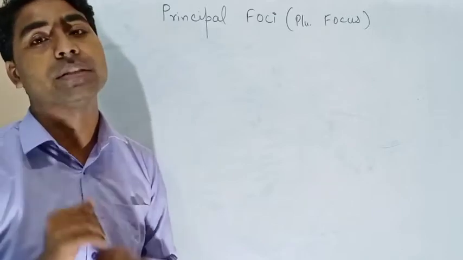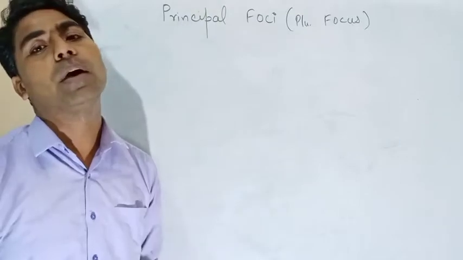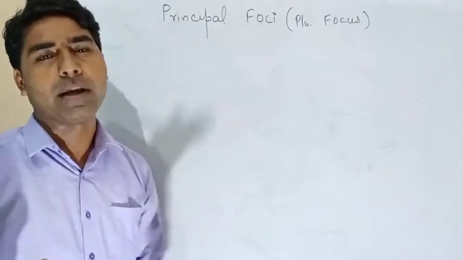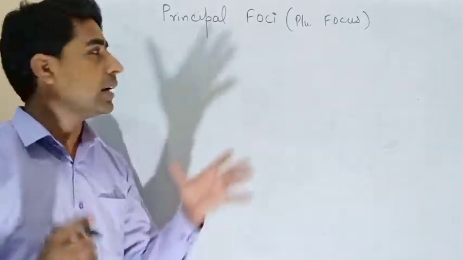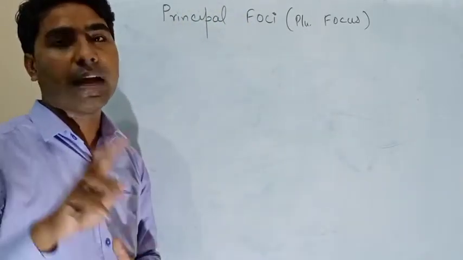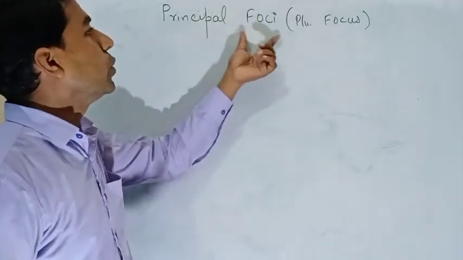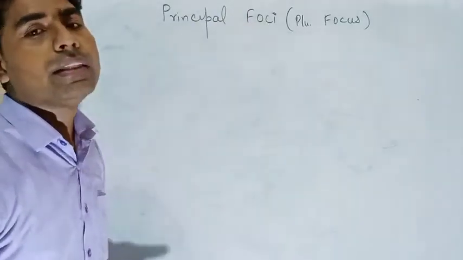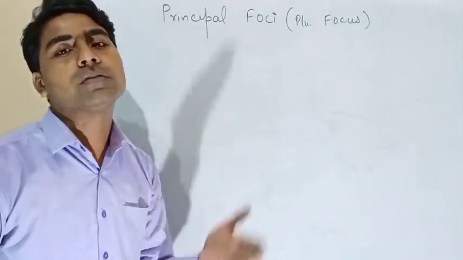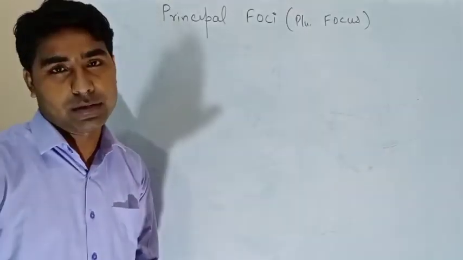You have seen when I divided the lens into many parts, the rays were focusing at a point, that was the focus, and the rays were appearing like this, starting from a point, that was a focus again. Now in a lens there are two focuses. That is why we use the plural word: there are two foci. So the first one is called the first focus and the second one is called the second focus. Not a big deal. But which one will be the first focus?